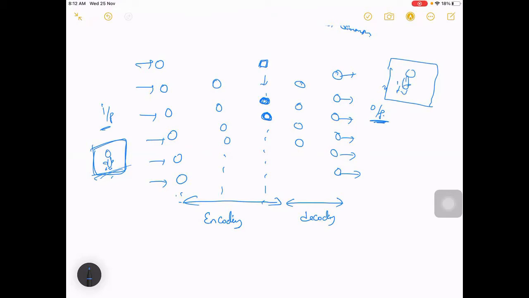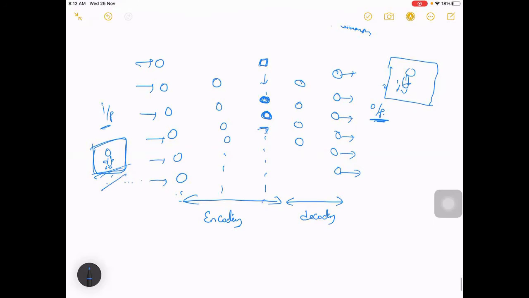If it is able to reconstruct, then in the process we have reduced our input data from a larger dimension to a lower dimension, and then reconstructed it from the lower dimension back to the higher dimension. So we can also use this for dimensionality reduction. In case we have a huge dimension, initially we discussed PCA for doing it.